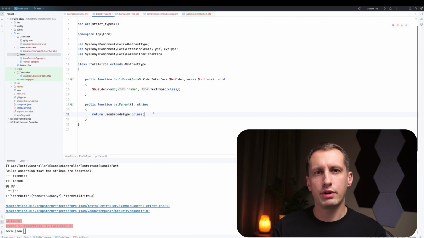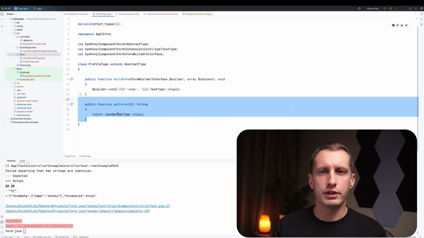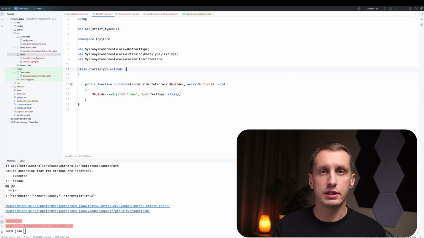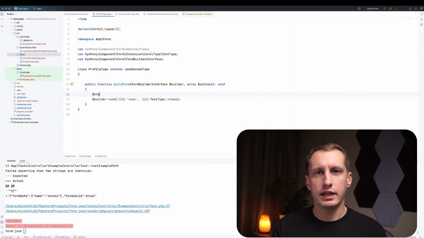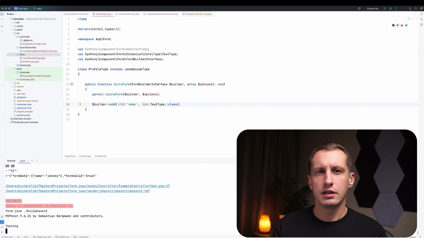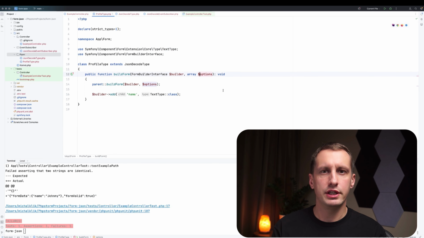Let's not forget to write some unit tests for our new subscriber and JsonDecodeType. They are decoupled and there is no reason to validate all the edge cases, for example, passing a not valid JSON string. I hope this was an interesting use case to go through with me, where we simply initialize a